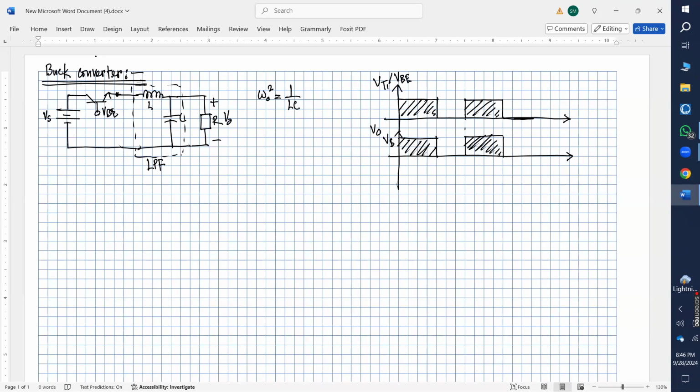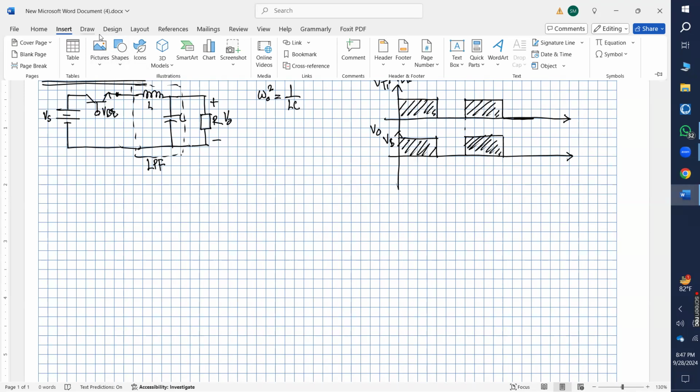So based on the values of L and C, you can easily choose the frequency you are going to allow to pass to the load, or the frequency components that you are going to suppress through the filter. If you properly tune this filter in such a way that only the DC component passes to the output, then in the output section,